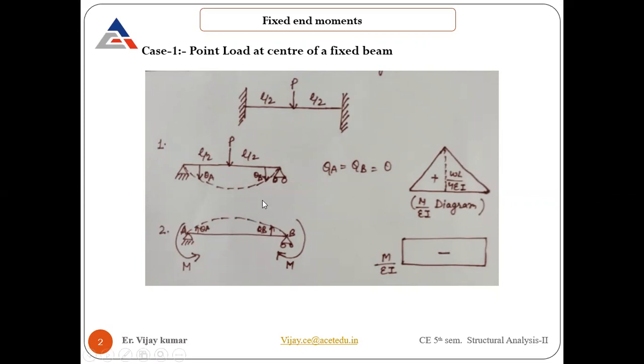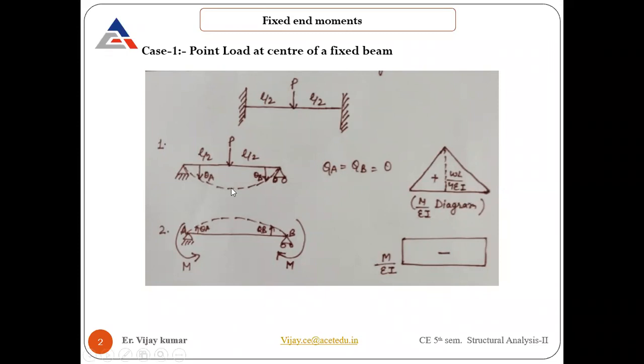So by using the moment area theorem, what did it say to us? There were two theorems. One was for deflection, the other was for slope. The first theorem, for slope, says the change of slope between 2 points is equal to the area of the M over EI diagram between those 2 points. That was the statement of the moment area theorem. So I am going to first draw the bending moment diagram and divide by EI, which is considered the M over EI diagram.